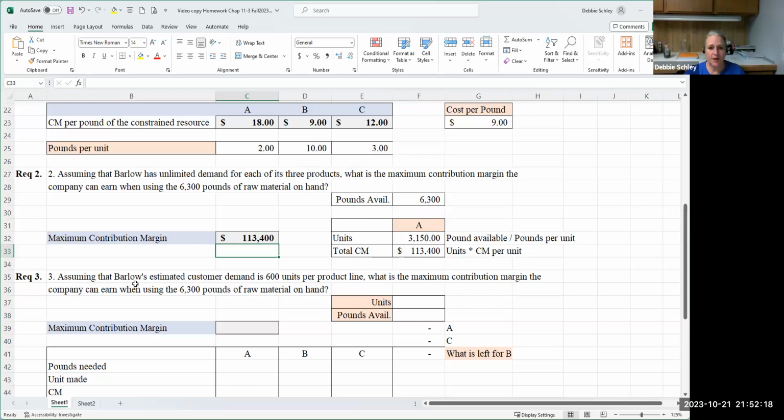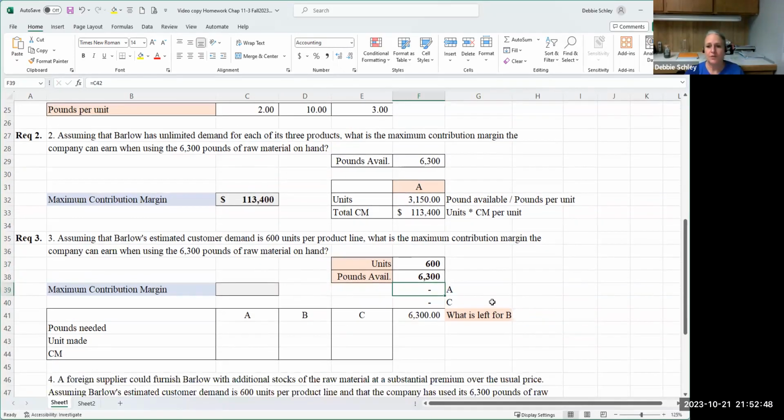Okay, required 3. Assuming that Barlow's estimated customer demand is 600 units per product line, what is the maximum contribution margin the company can earn when using the 6,300 pounds of raw material on hand? Okay, so they just told me of every product they could sell 600 units, and I still have 6,300 pounds